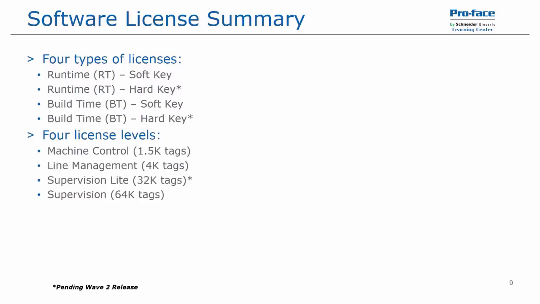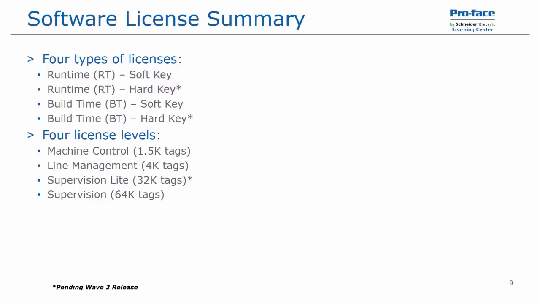There are 4 license levels. There is machine control, which is the 1,500 tag, the line management, which is 4,000 tags, supervision light, which is 32,000 tags, that is still pending a release later this year, and the supervision, which is 64,000 tag. And the license levels or tag counts apply to a single application, not the software as a whole. So for example, if you have a 4,000 tag license, you can open or run project files with a 4,000 tag count or less. And there is no limit to the number of applications that can be opened by the